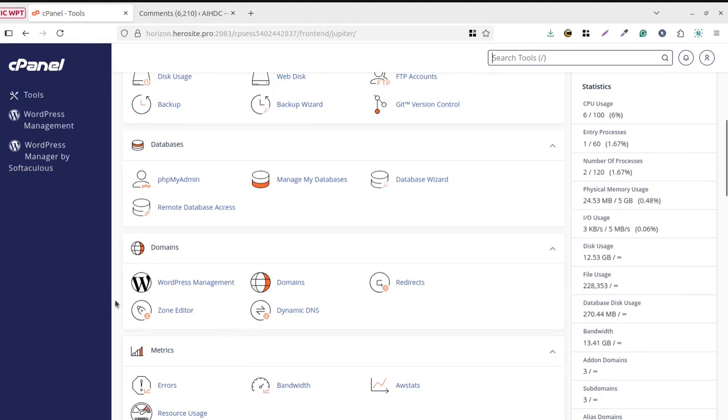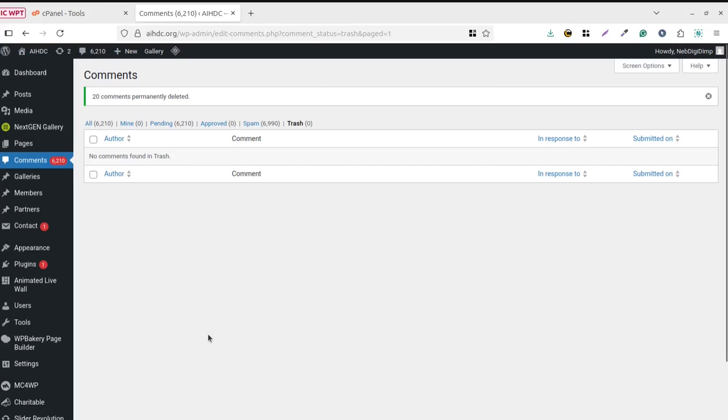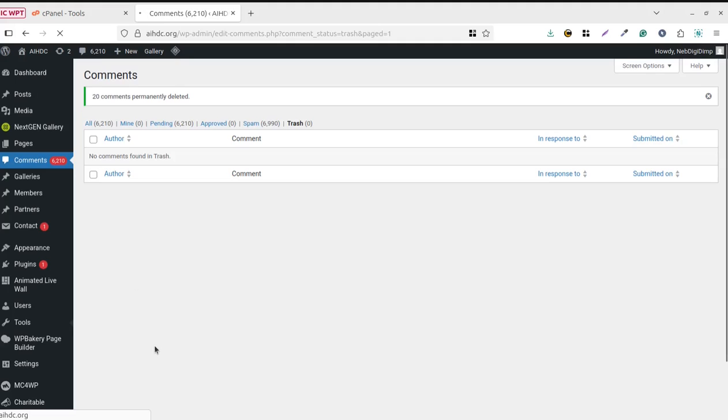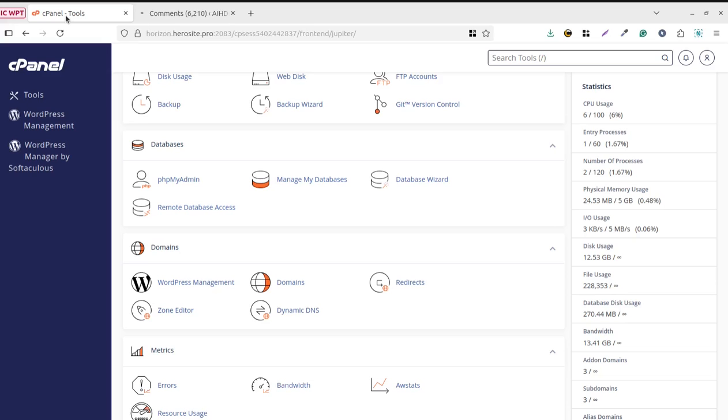But yes, we are going to access phpMyAdmin. First of all, we need to identify the database which is being used for this website. So how can we do this? It is again going to be very simple. We can go to the tools, simply the tools, and go to the site health, and it is going to reveal the database name. Otherwise, the database name can be checked